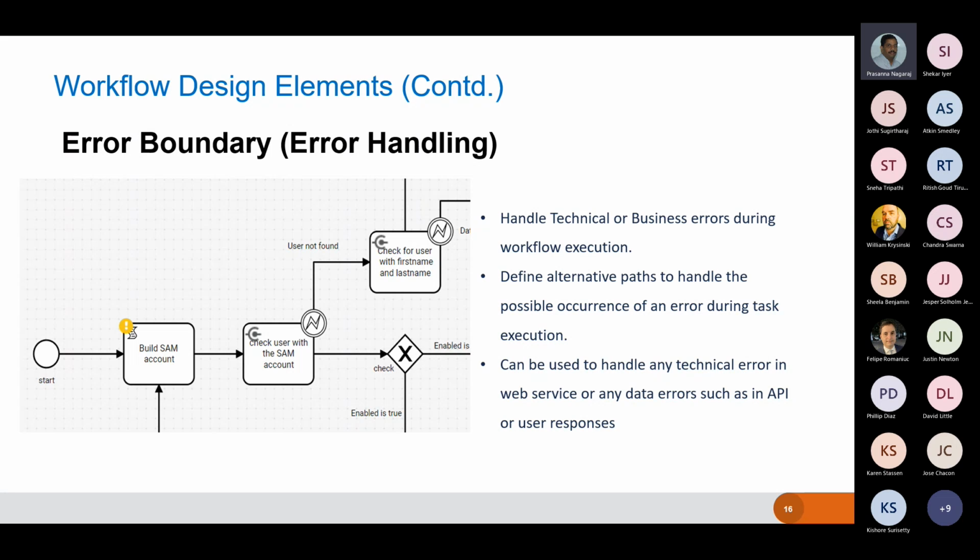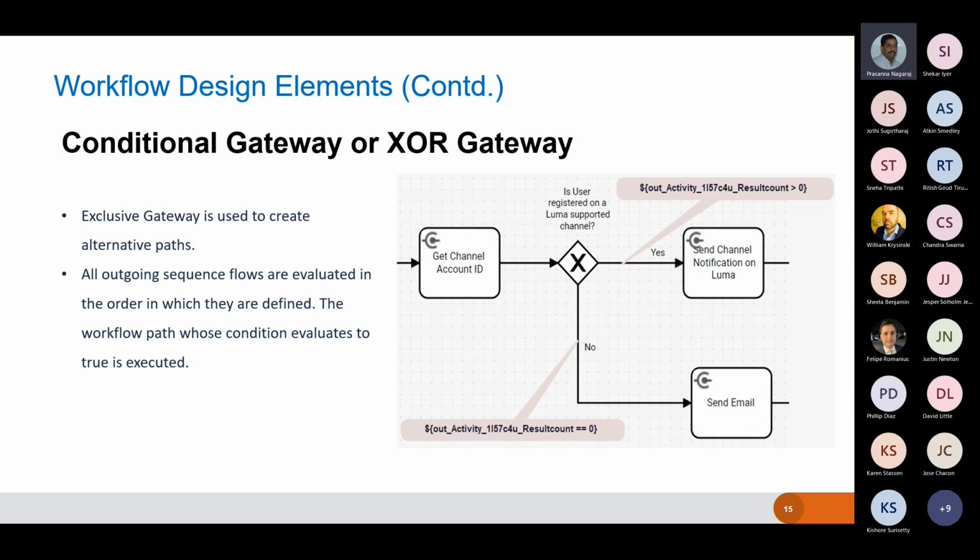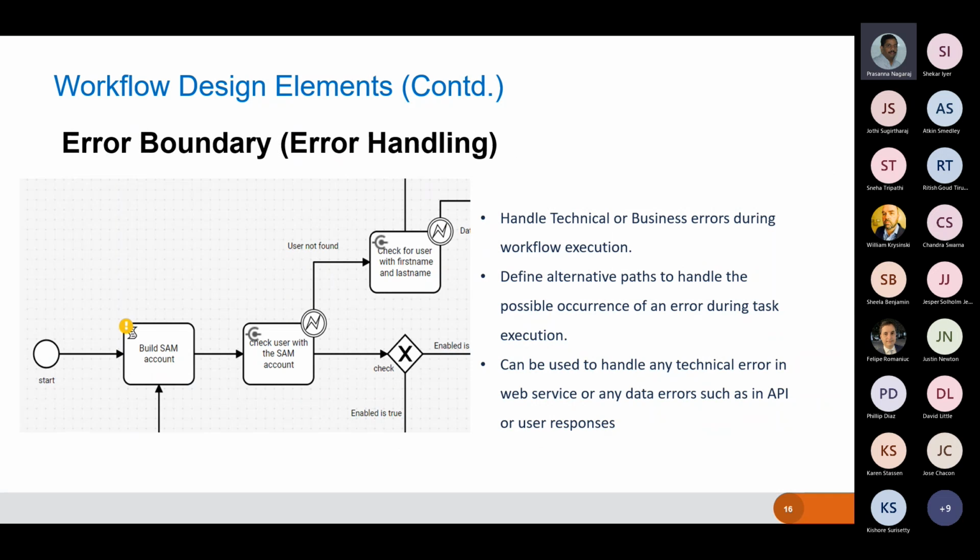So these are mainly to handle the technical error part. They can also be used for business errors, like the one we saw in the previous step. So if I want to use this as a business condition, that would also be possible. But ideally, you would use the gateway for the successful one, and in case of any error handling for technical issues or API errors, you would use the error handling